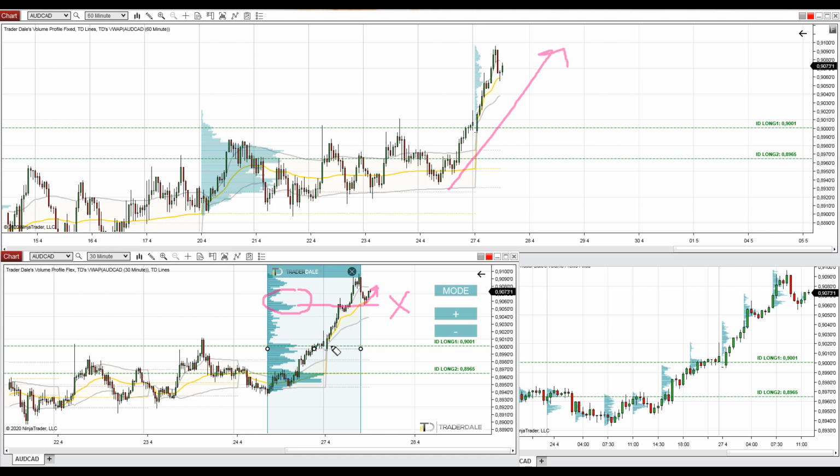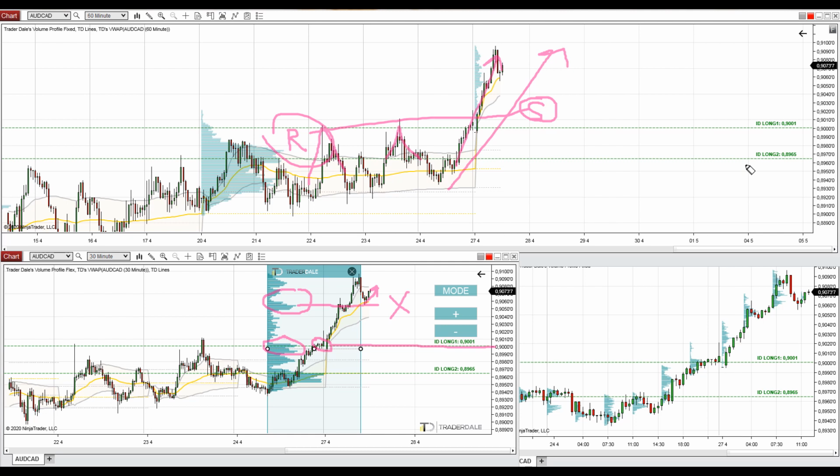The second one is in here, 0.9001, and this is the volume cluster right there. What I also like about this support is not only the volumes of the buyers who are pushing the price upwards and adding to their positions in this area, but also that the price rejected this area in the past pretty strongly, and it means that it was a strong resistance. When the price went past it, the resistance then turned into a support. Alright, so we have the volume cluster and also resistance